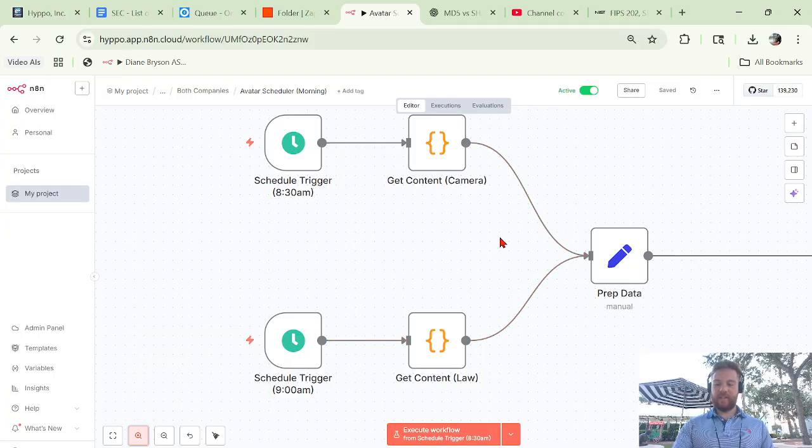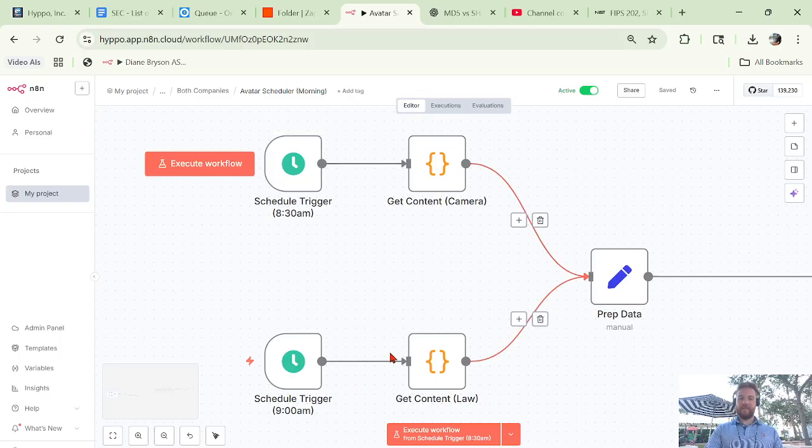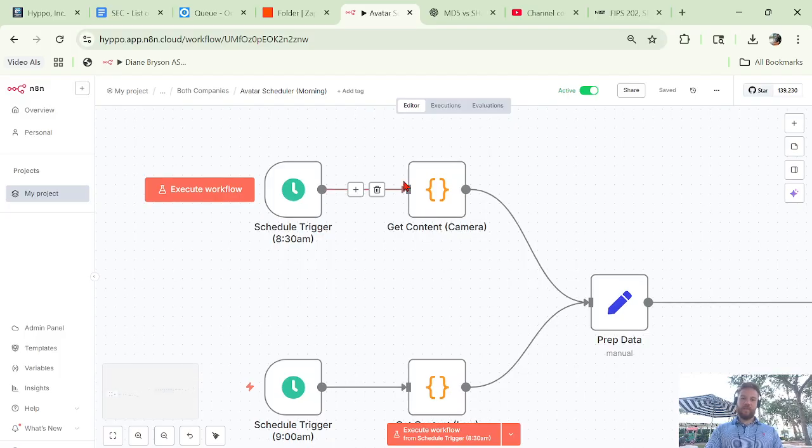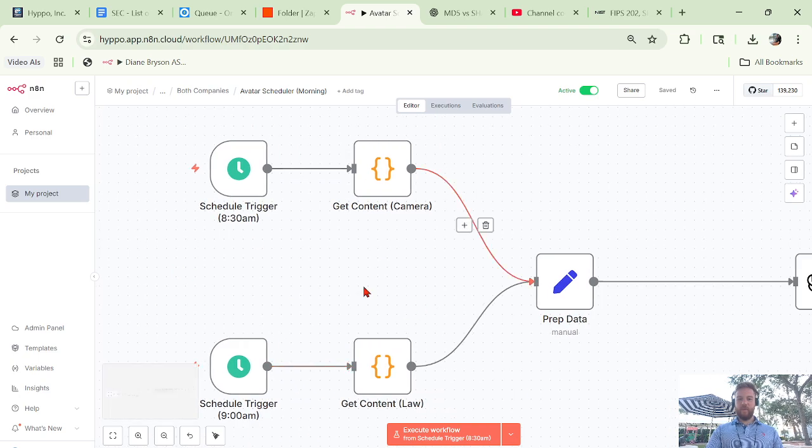So, a little bit of context. I built this for a lawyer. He has two different companies. He has his law firm here, and he has a camera company. So what happens here are two scheduled triggers, one at 8:30 and one at 9 a.m. They both fire off at the times, and one of them,